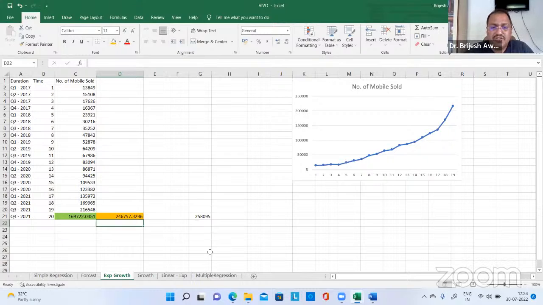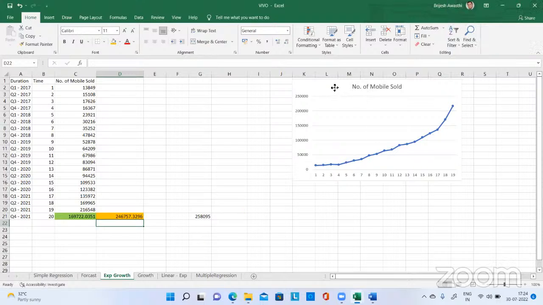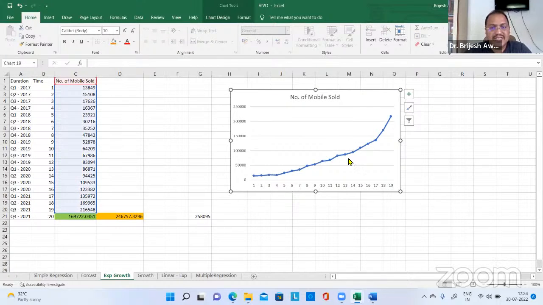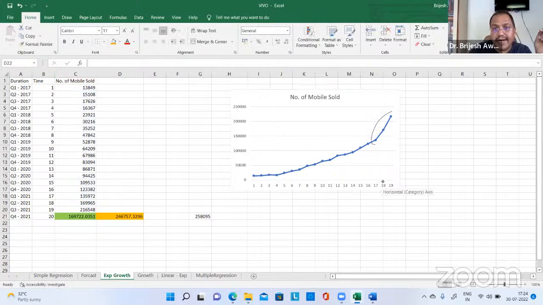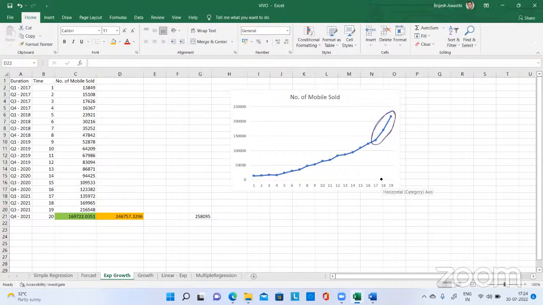Now just tell me which one is close to the actual or reality. The growth one. Why the growth one? Because we can see in our chart that there is exponential growth. But if I take only the last 3 points and forget the previous data,